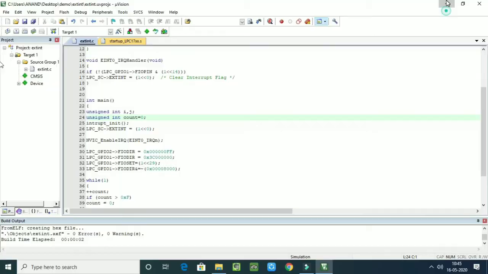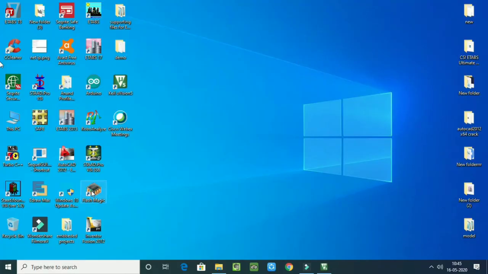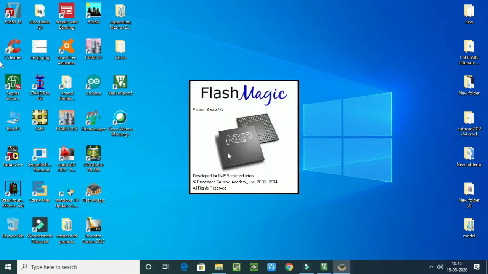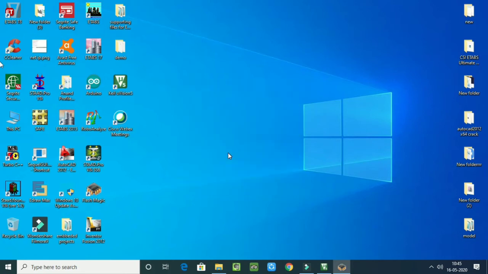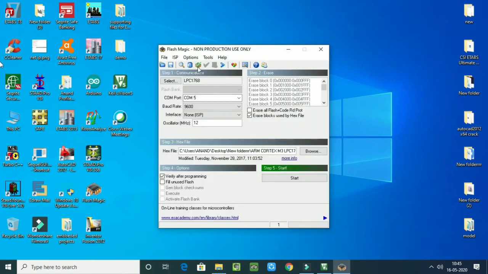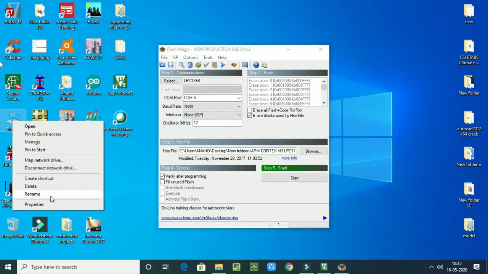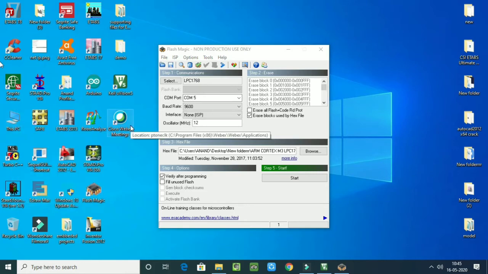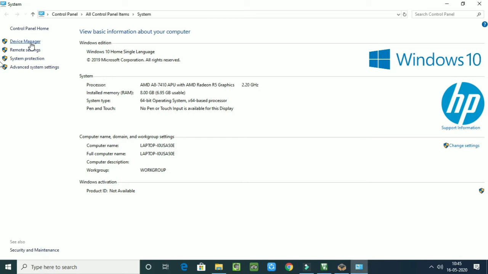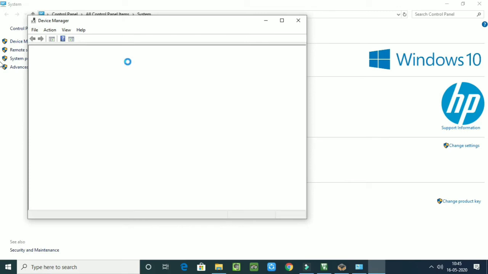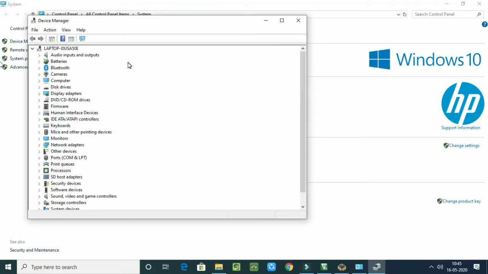Next, let me open FlashMagic software. And then check to which port the kit is connected. So in my case, it is connected to COM5.